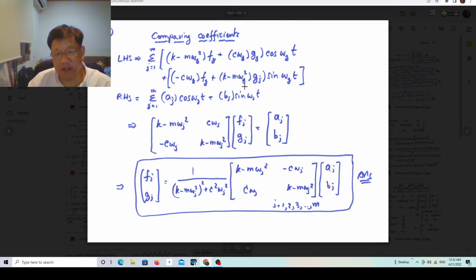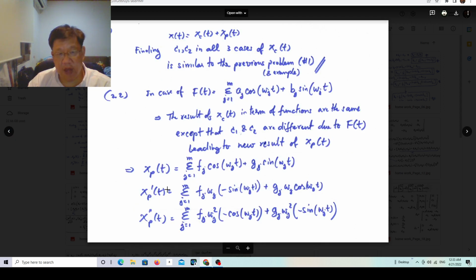I already arranged the terms for you. There will be some terms multiplied by cos omega_j t and the terms multiplied by sine omega_j t. Since the right hand side is in this form, arranged with an amplitude times cos omega_j t and another amplitude times sine omega_j t, therefore we rearrange once you